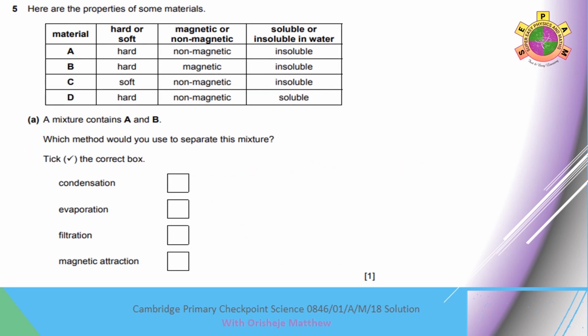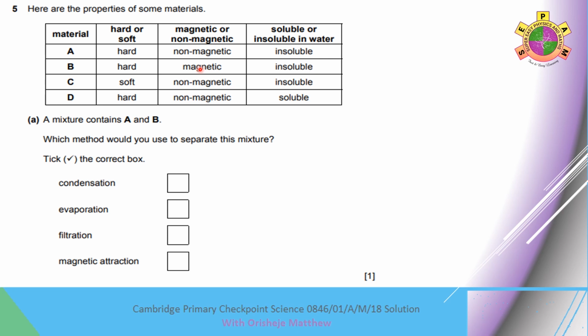Question 5. Properties of some materials. So you have magnetic, soluble and insoluble, hard and soft. Which material can be used to separate this mixture of A and B? So let's look at materials A and B closely. Both A and B are hard. A is non-magnetic. B is magnetic. Insoluble. Both of them are solid. So what do you need to use? Magnetic process. A magnet will pick